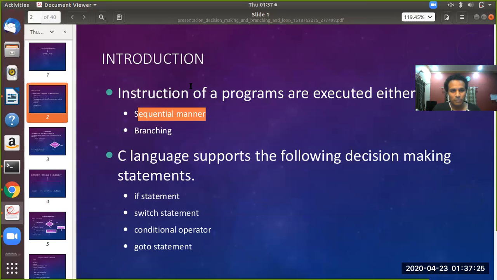So this kind of jumping happens. Or else it executes the first line, skips the second, third, fourth line, and then goes to the sixth line and starts executing from the sixth line onwards in the program. So then you can tell that execution is branched.